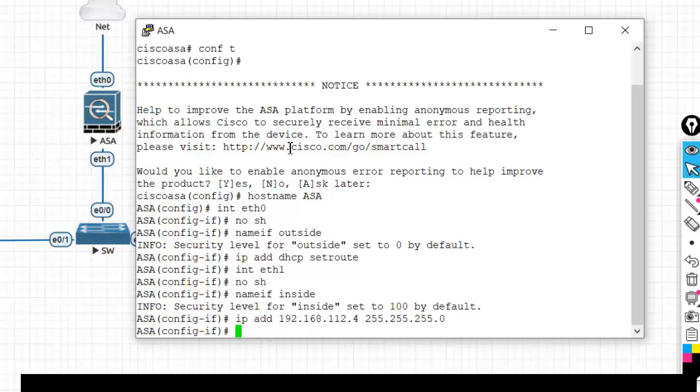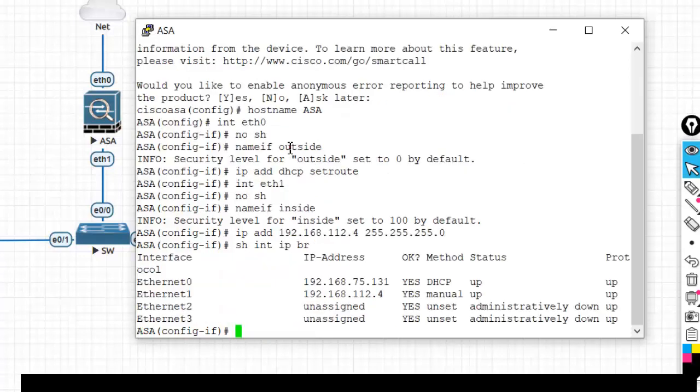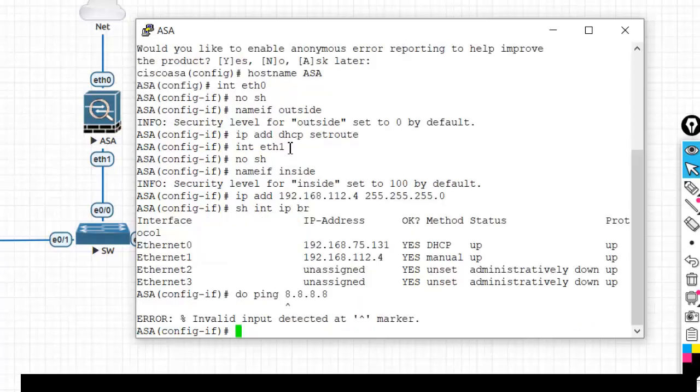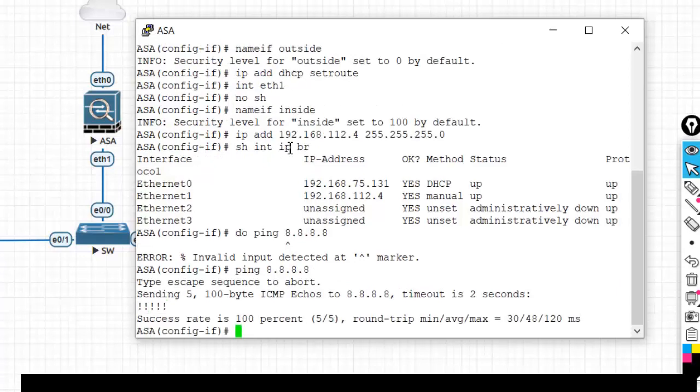Let's check our interface configuration. Looks good. We have been assigned an IP of 192.168.75.131. Let's ping Google. Okay, so Google DNS is reachable. We will also need to configure NAT for our inside users so that they can access the internet.